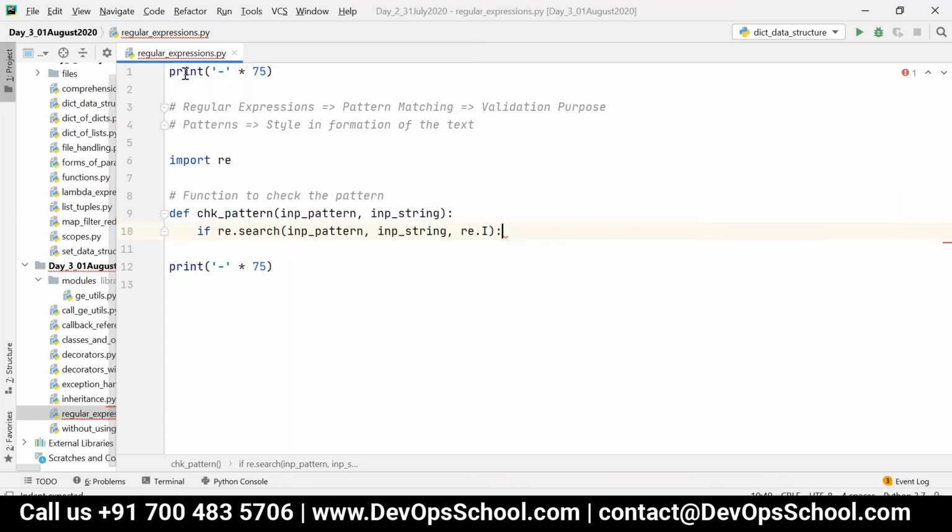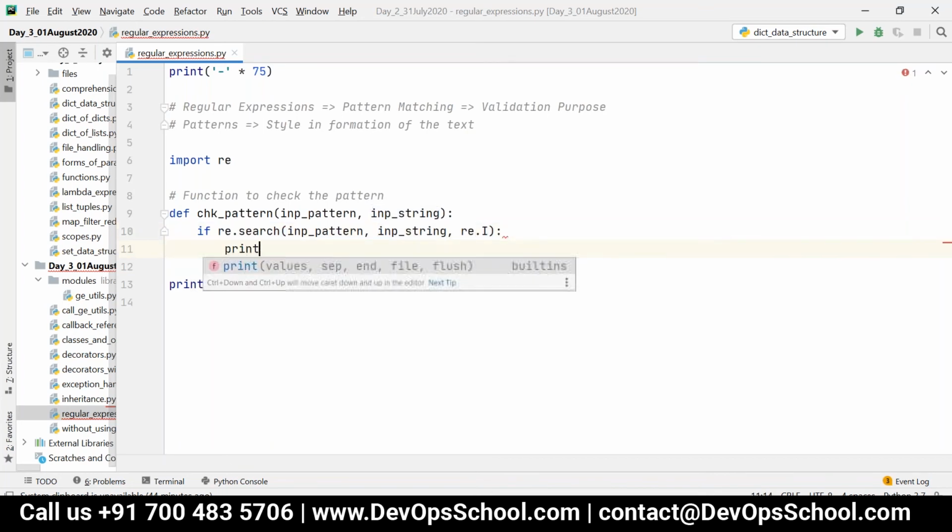That is, I am checking whether the pattern is present in the string or not, and I am ignoring the case while searching for the pattern. The first two parameters are compulsory. You should pass these two parameters. You can avoid the third one if you don't need it.